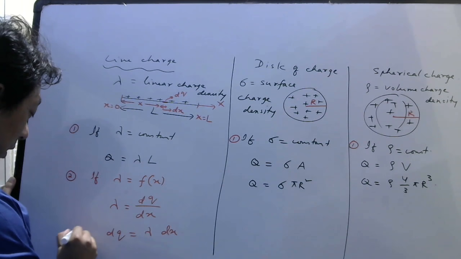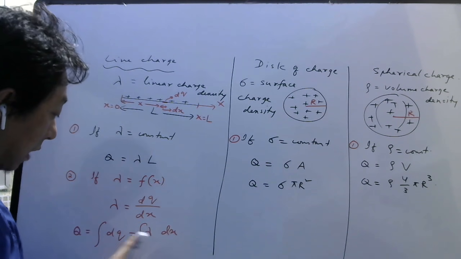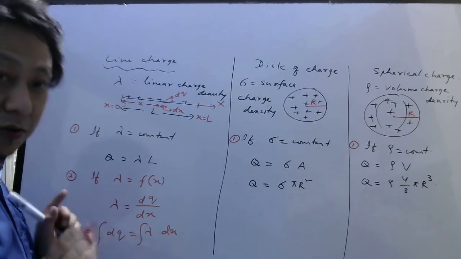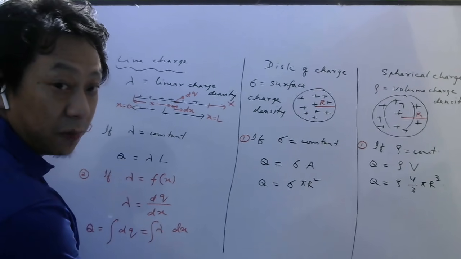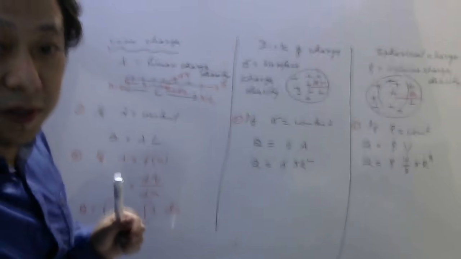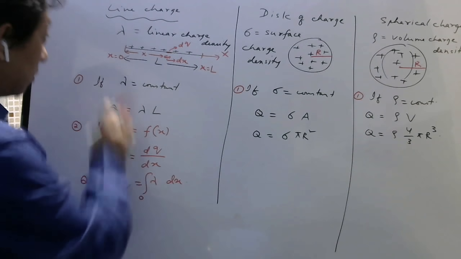Then to find the total charge, what will you do? Integrate. Now you cannot take lambda outside. Understood or not? So whatever function they give, substitute it here. Let me show you one example. Space is there, right? So let me use this space. This is from 0 to here, no?